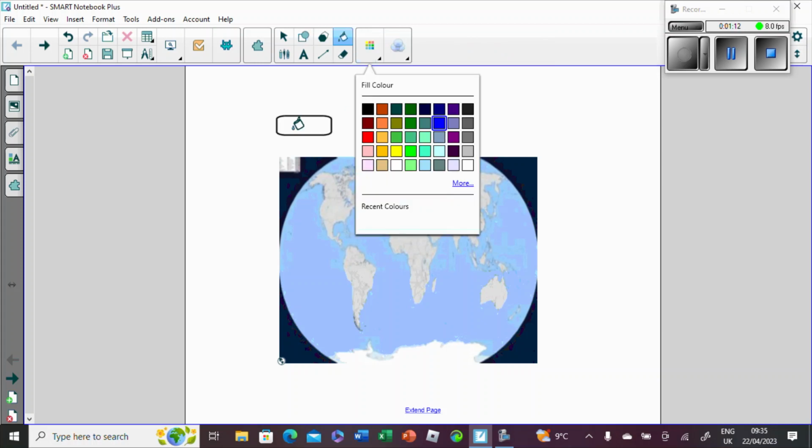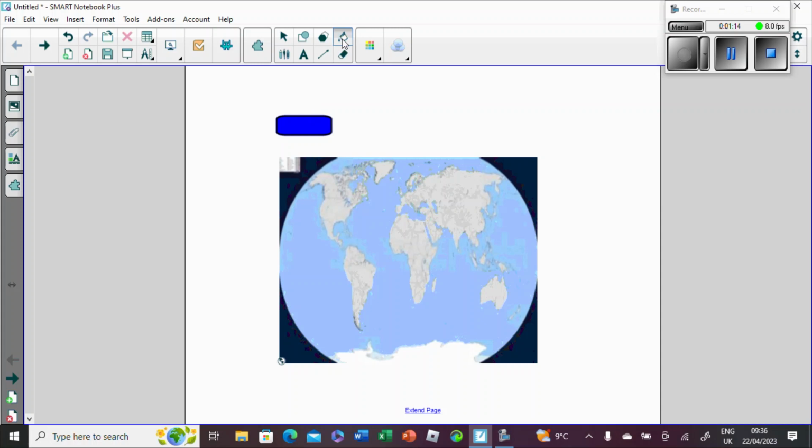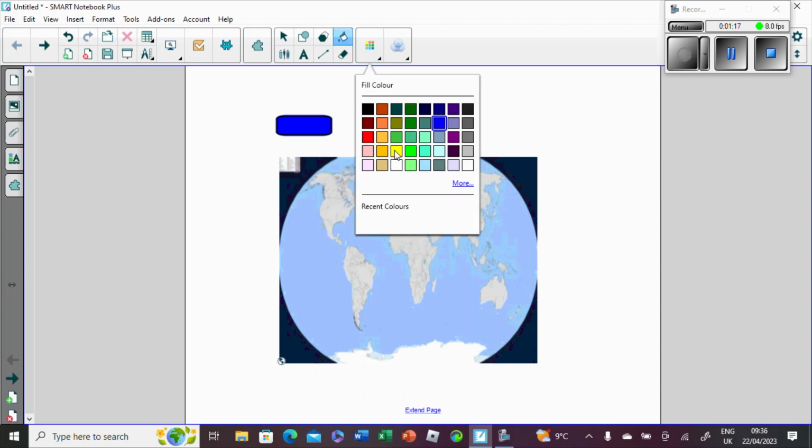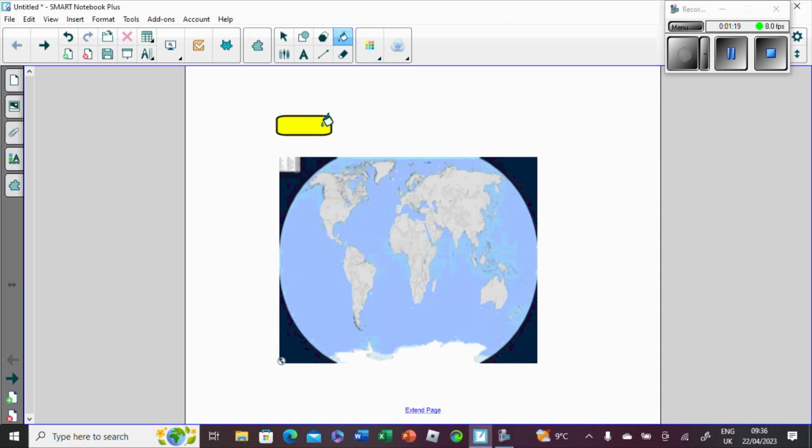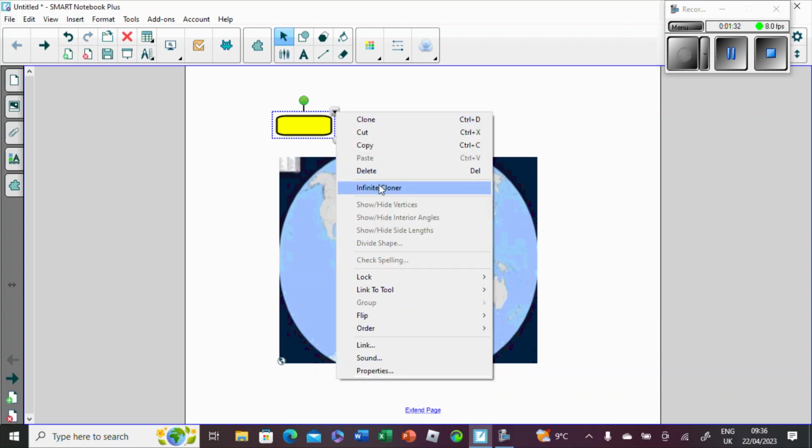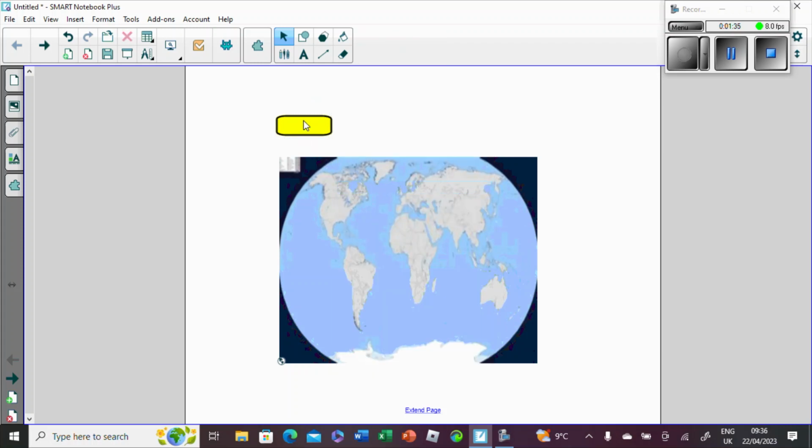Fill it with a light blue, fill it with yellow, I think. Okay, now that's one of them. I need 7 of these because there's 7 continents. So the best thing to do is to use the infinite cloner. So I'll take one down to here, North America, 1 to South America, 1 to Europe,